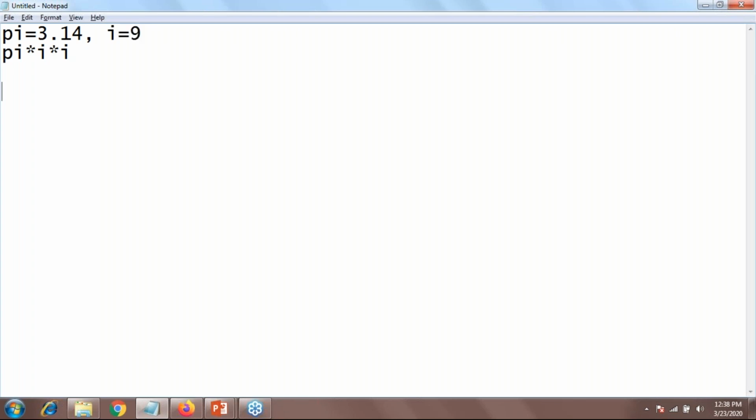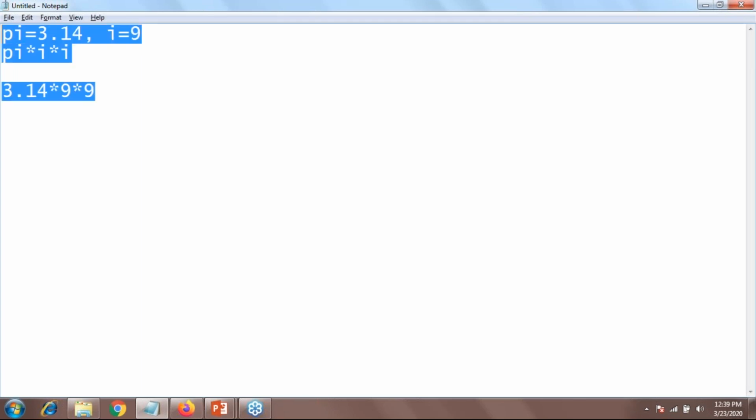So with constant propagation, our value is replaced with 3.14 multiplied with 9 and multiplied with 9. Okay, so this is the sentence which your compiler forms at compilation time when it uses the constant propagation optimization methodology.